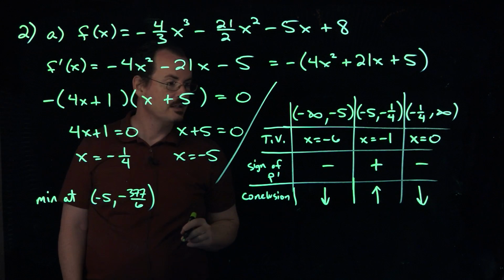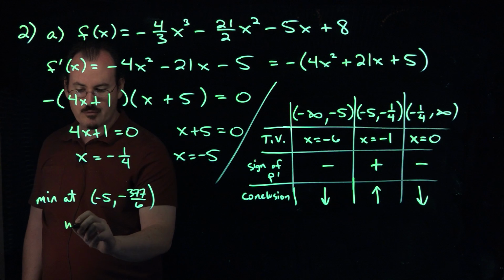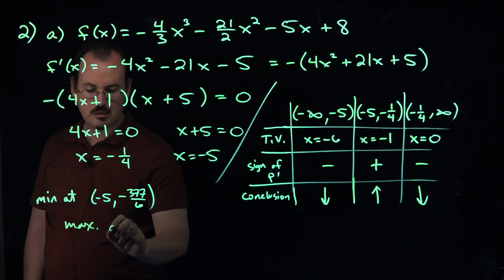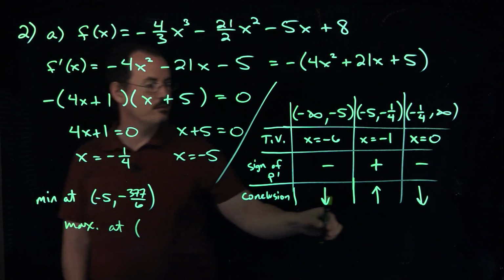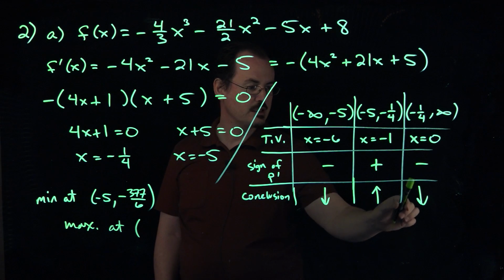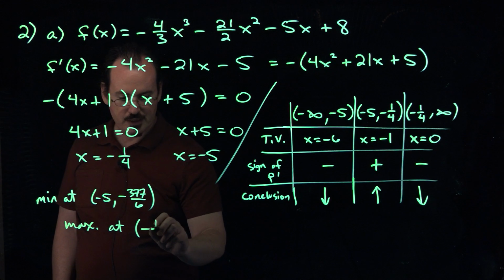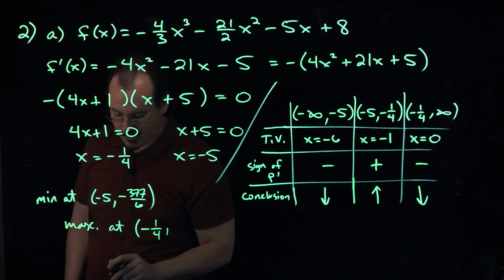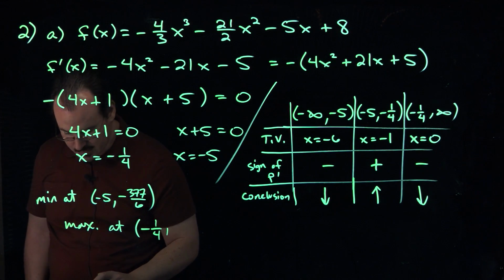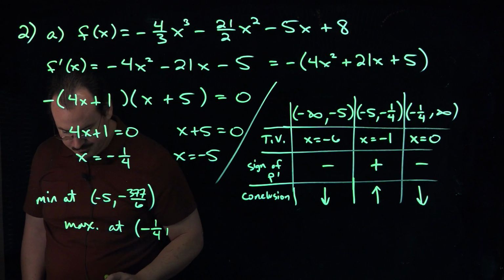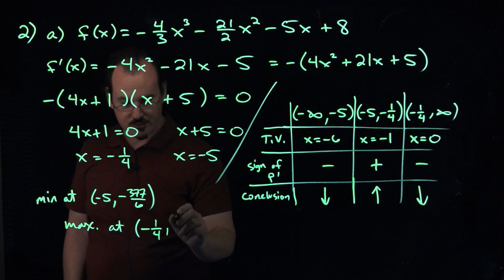Then we've got a maximum value. We know it's a maximum because it was increasing, and then it was decreasing on the other side of the critical number. So that's at minus 1/4 for the x value. The y value, again, we plug that back into the original function, and I'm going to let my calculator do that. We get 827